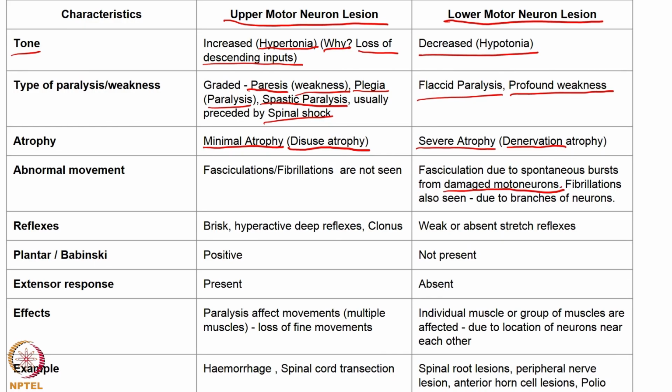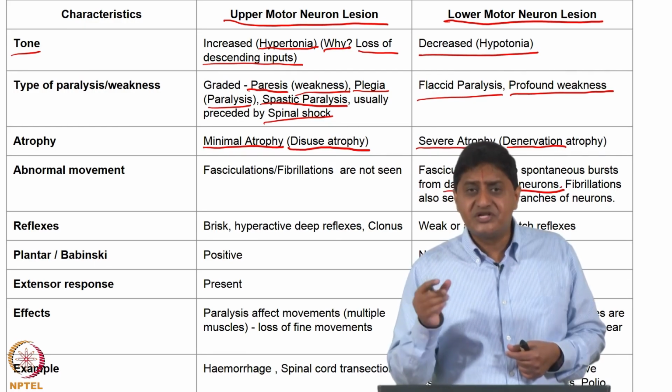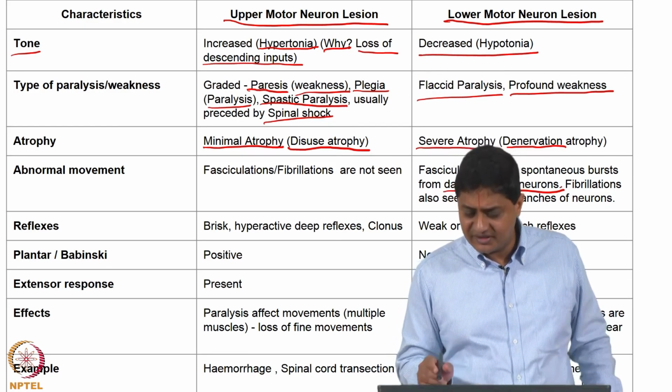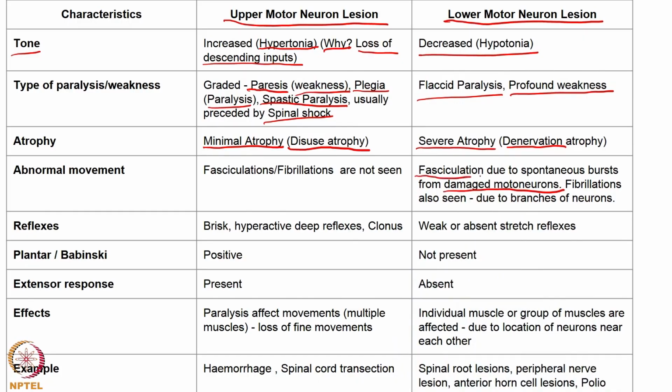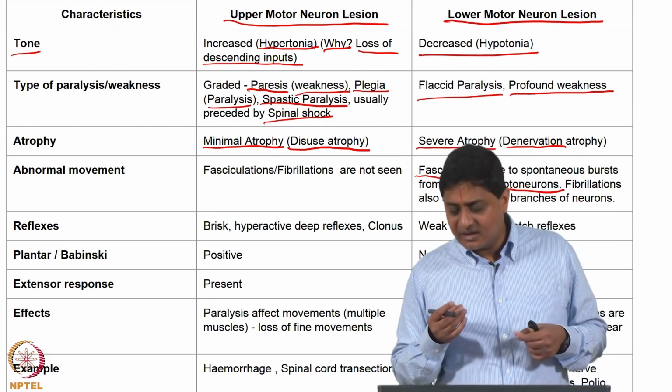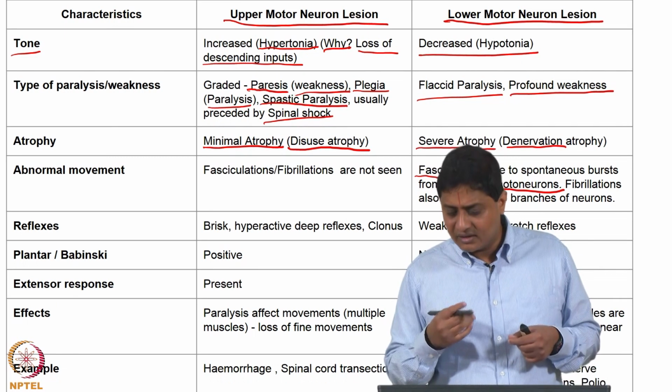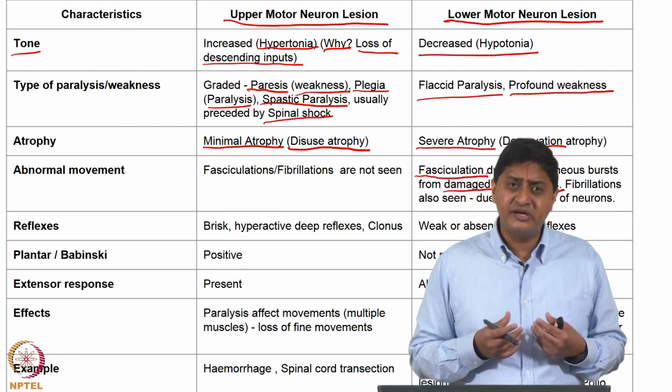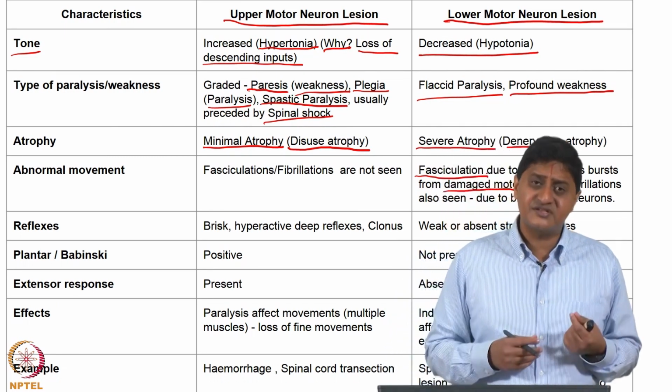Because of this reason, small twitches of the entire muscle may be felt. These small twitches of the entire muscle are called fasciculations. These are sometimes prevalent. If the alpha motor neurons are damaged completely, but some branches of the axons are present,